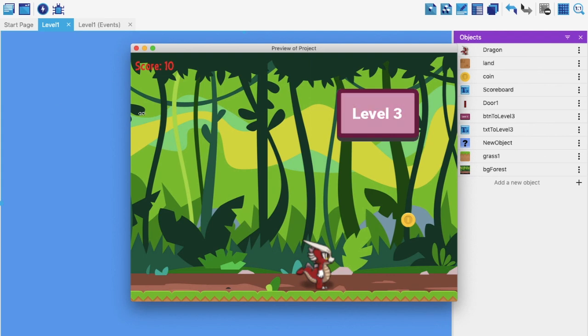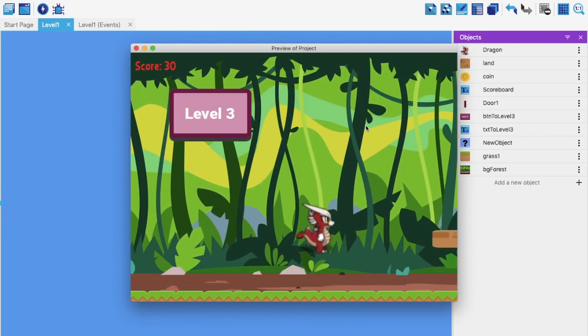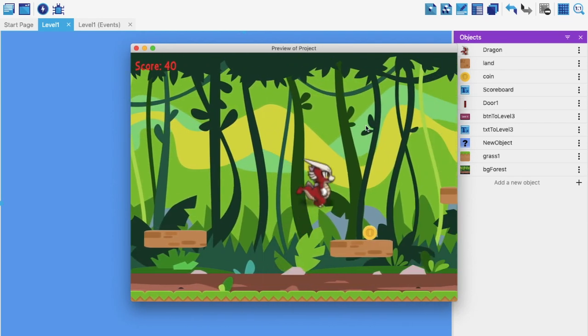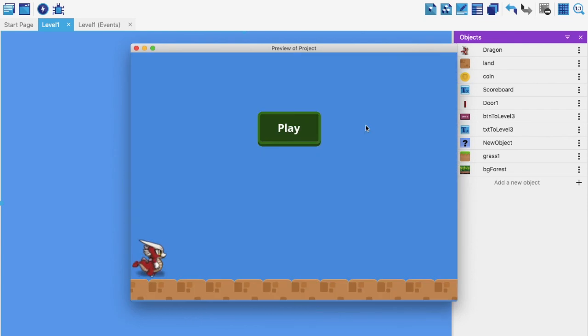So if you see this animated button I made last time, you can always change the position of this button. For now, my focus is how to change and make the background appealing, which I hope we have successfully done and we have learnt about it. So please use a nice background and make your game appealing.